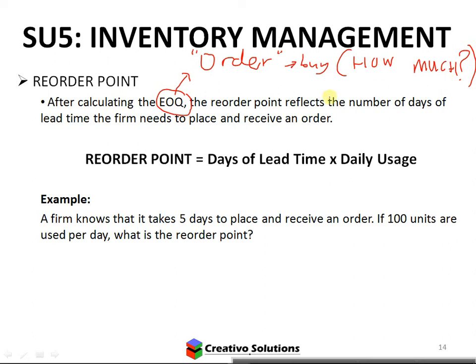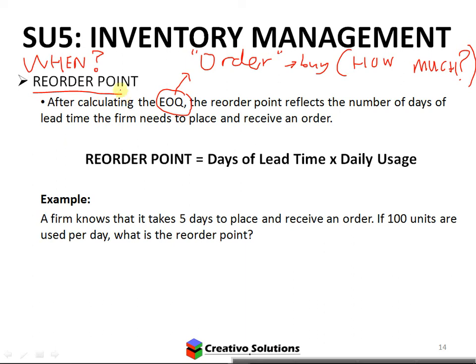Reorder point is looking at the when do I buy. So now you know how much to buy. Now you need to know when do I buy the goods. Reorder point gives you that information. And that's how we better manage inventory, so we don't hold too much of it. We try to minimize the ordering and holding costs as much as possible. Because if you're reducing costs, what is that going to do for the company? It's going to maximize value, or wealth for